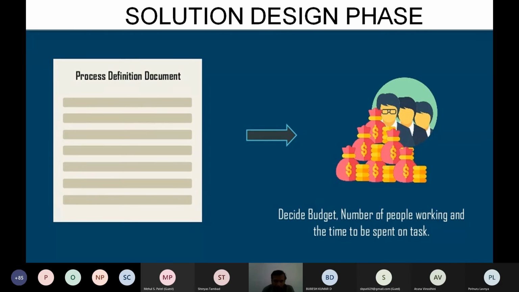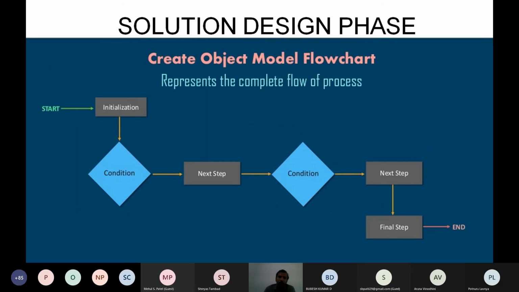Along with that, after breaking these into step by step, this team will decide on the budget and how many workforce I need to allocate to complete the task, and what time I'll take to complete these tasks, because we need to take minimum time with minimum number of people and with minimum budget. So we decide on all these factors. Along with the process definition document, I'll try to create an object model flowchart.